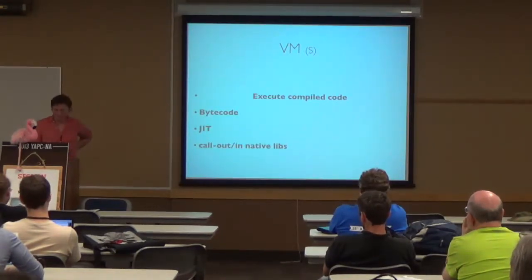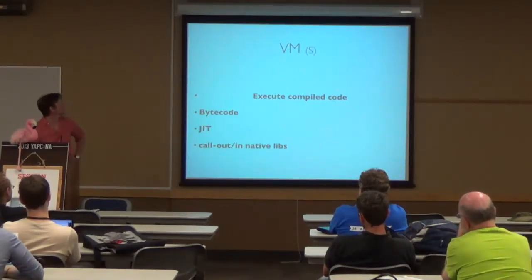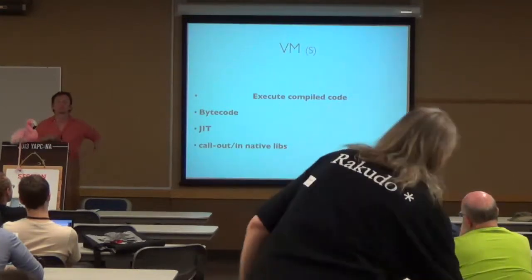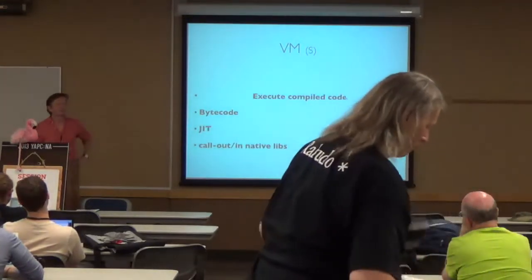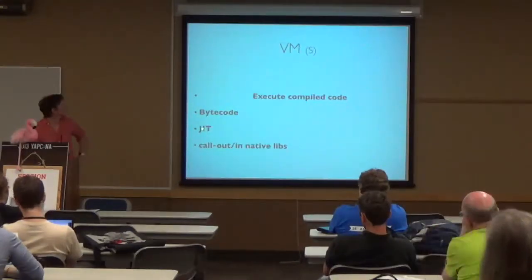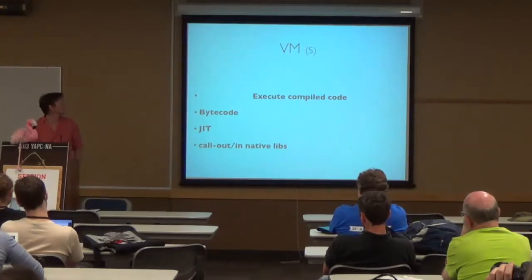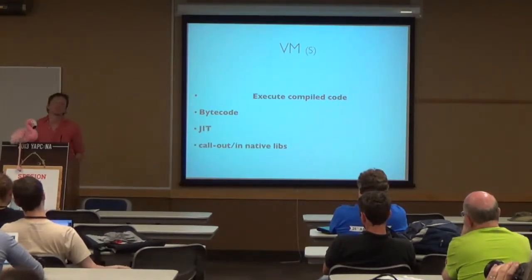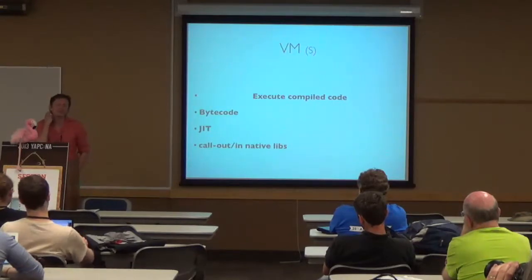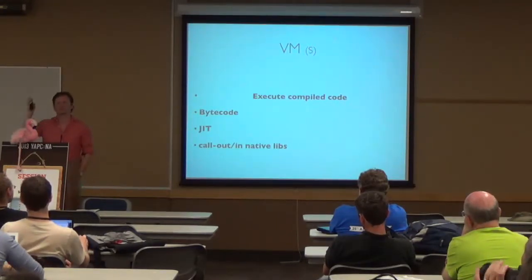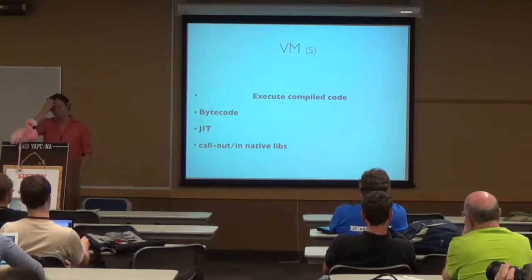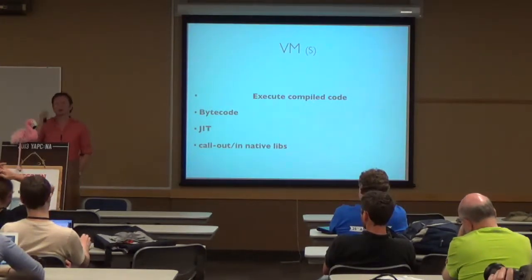And then the VM, the third part, what we want to have pluggable is to execute the compiled code, which is basically the bytecode, the simple engine, which is a switch statement or something like this, or computed go-to. The JIT, which is super easy, and also libs, libraries. And the most important thing is not to reinvent everything. So the calling convention should be native C. So we use a stack or registers on 64-bit. And it should be natural to call in and call out.